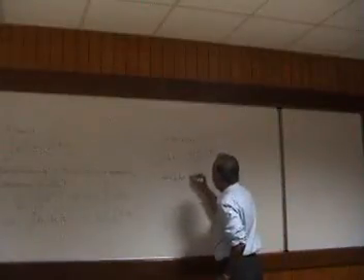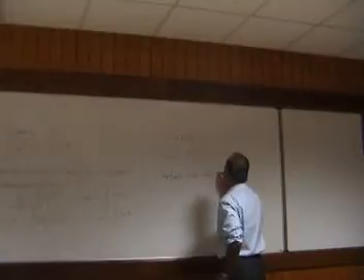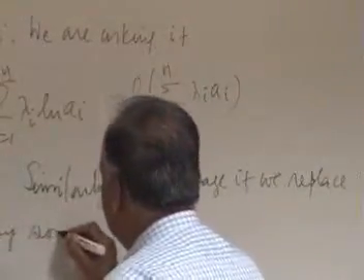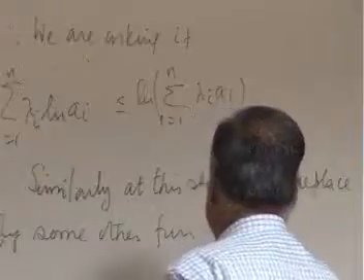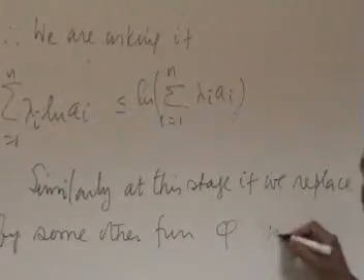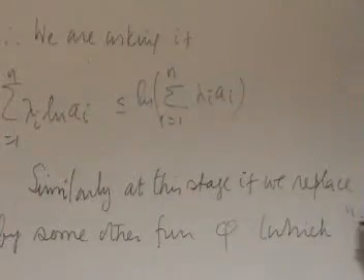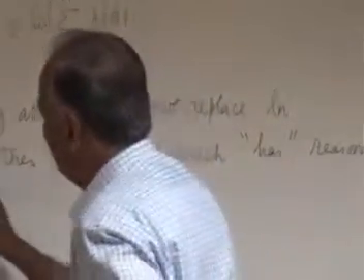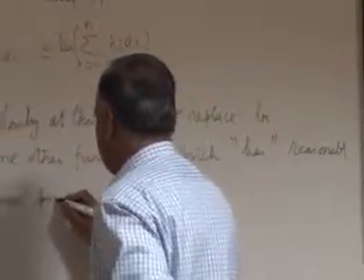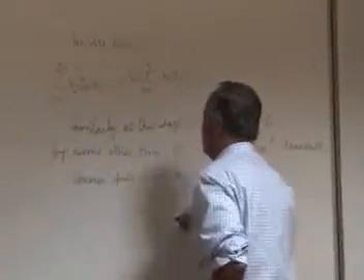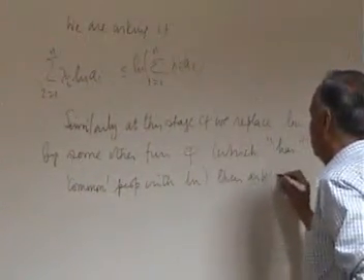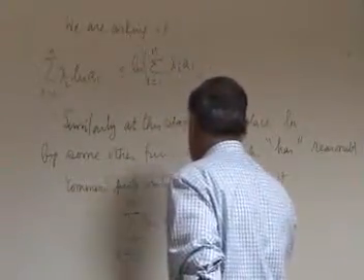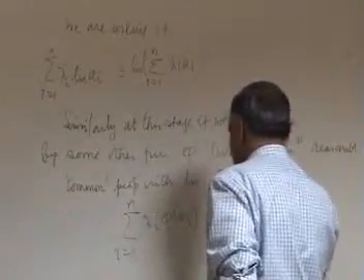Similarly, at this stage, if we replace log by some other function phi, which has reasonably common properties, whatever that means, I don't know, common properties with log, then ask if the sum from I equal to 1 to n of lambda I phi ai is less than or equal to phi of the summation I equal to